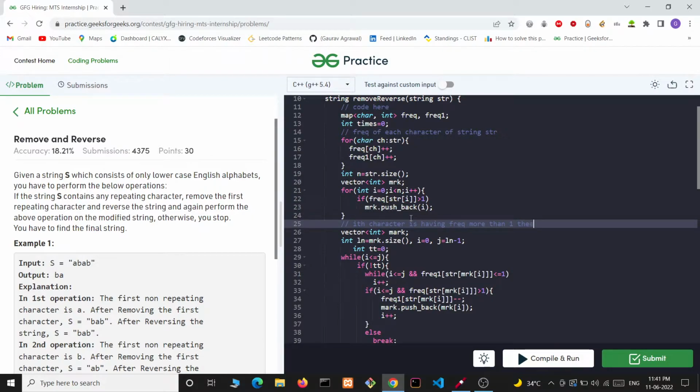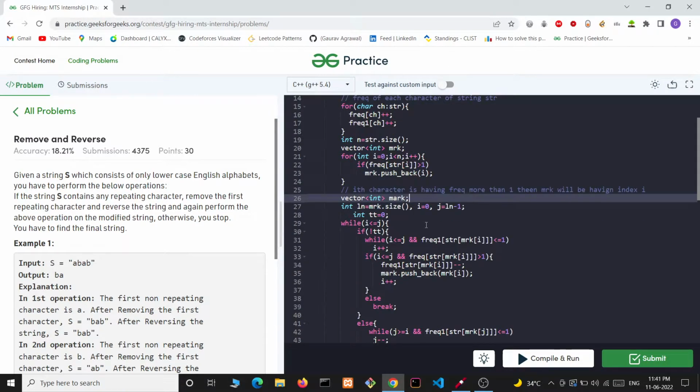Then mark will have index i in it. Now after that I am making another array.